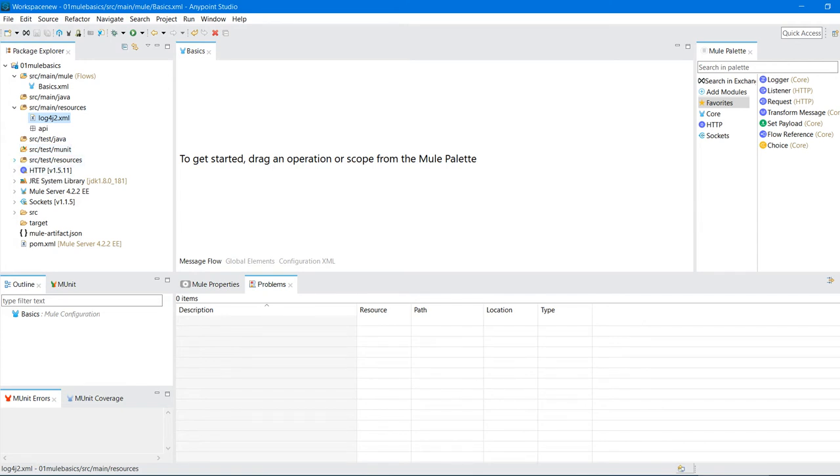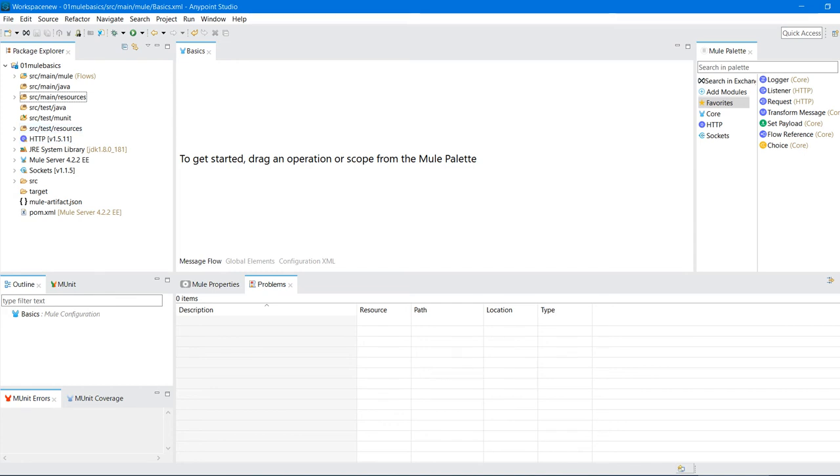Next, we can see resources in the testing environment. If you have any dependency files, you can place them under the src test resources. Right, this is a package explorer. What you want to place in a dependency file or main configuration file or any testing resources file, these are the folders which you use. And we can see the http connector. By default, we have this http module and socket module as dependencies to your project.